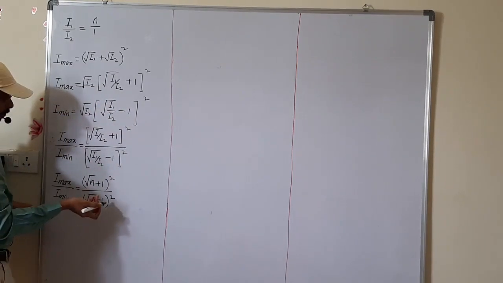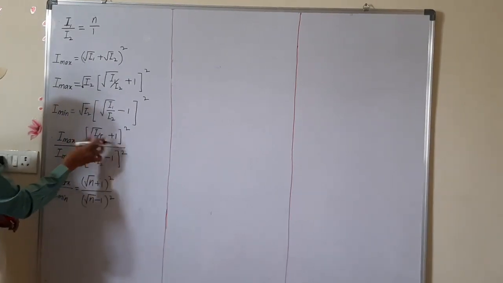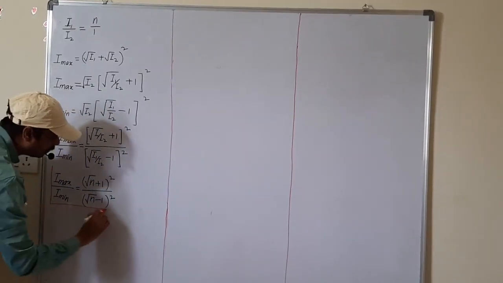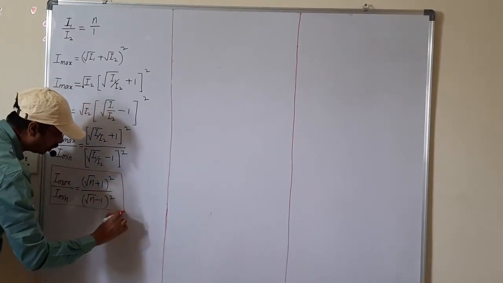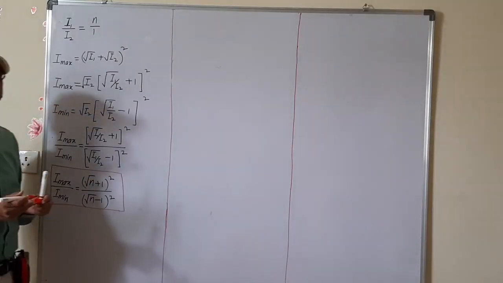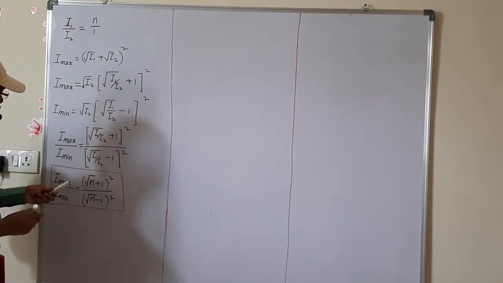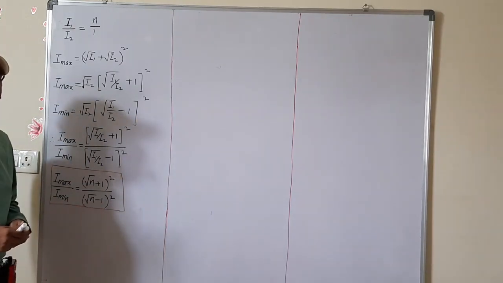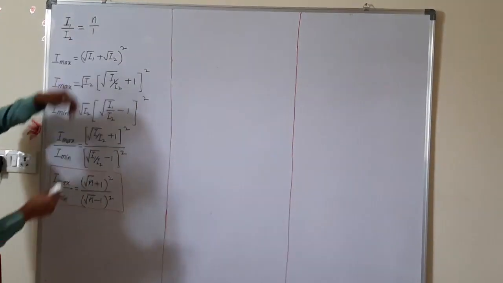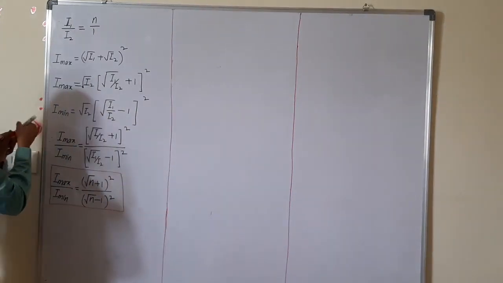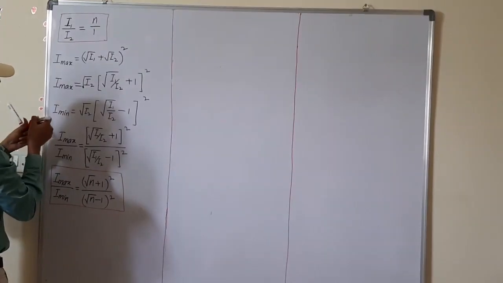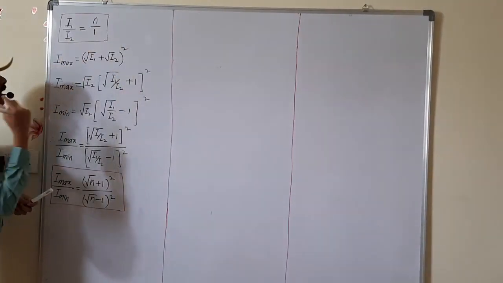The same way we can use in width also. We can write W1, W2 widths, they will give the width also, that time also we can use same formula. If the I values are given in terms of ratio, to find the maximum intensity and minimum intensity, we have to use root n plus 1 whole square upon root n minus 1 whole square. N is nothing but I1 upon I2 equals to n upon 1, we should remember this one. They will give the ratio, according to that ratio we have to write it.